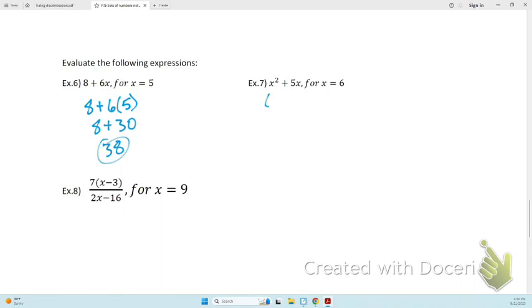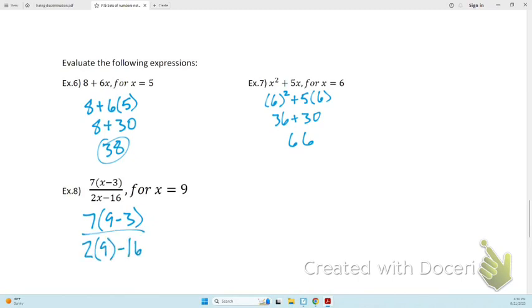On this one, plug in 6. And we end up with 66. Maybe pause it, see if you can do number 8 without me. Plug in 9. Careful with your order of operations. Got to do inside the parentheses first. And you got to multiply before you subtract. So that's going to be 18 minus 16. And we end up with